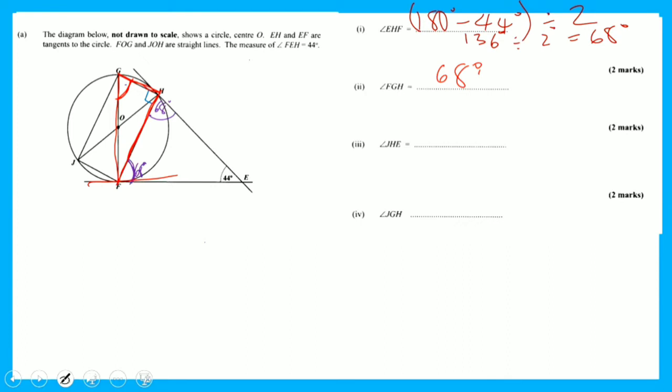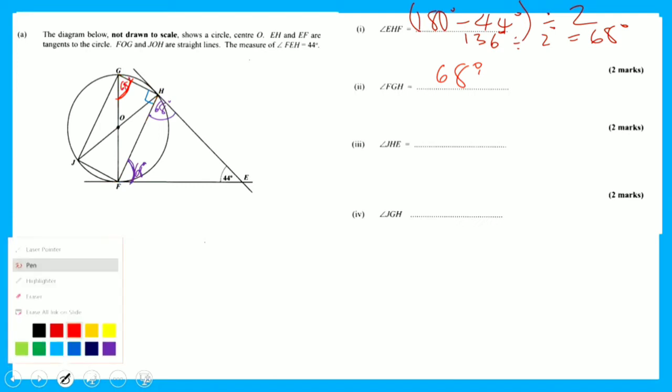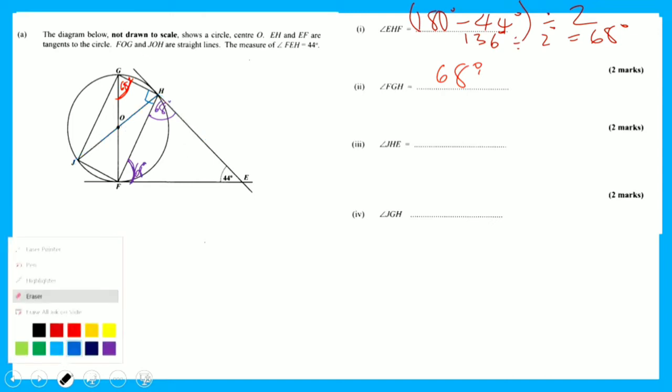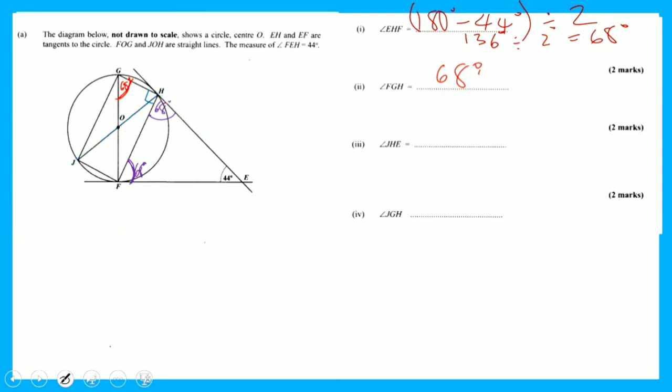Angle JHE, 68 degrees. All right, so we're at angle JHE. Let's just mark that. JHE should not give you much trouble. That's because if you're in the exam and you just spin your paper nicely, you would have already recognized, especially if you observed at the initial stages,